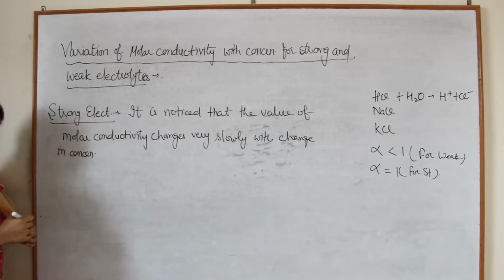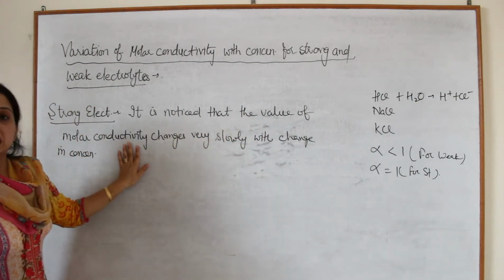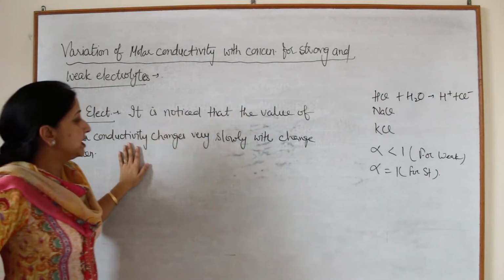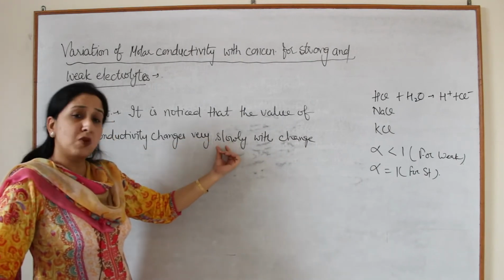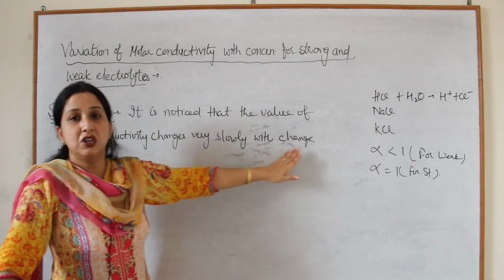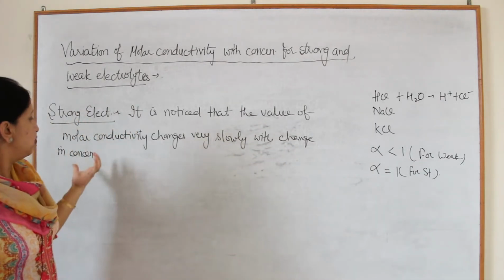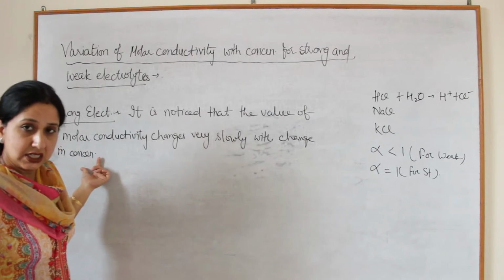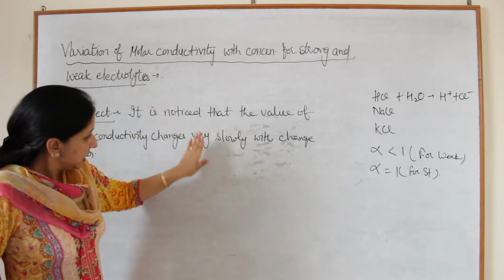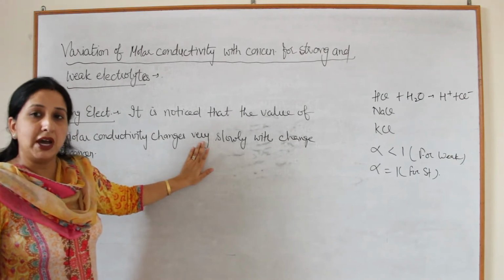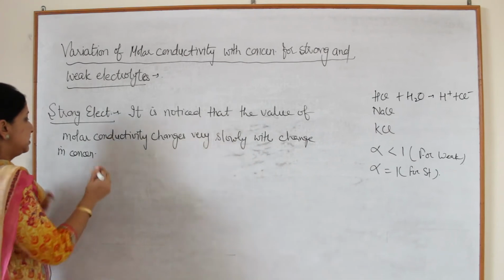What does it mean? The value of molar conductivity, lambda m, changes by a very small amount if we are changing the concentration. Means if we are decreasing the concentration, lambda m should increase. It increases but by a very small amount, and